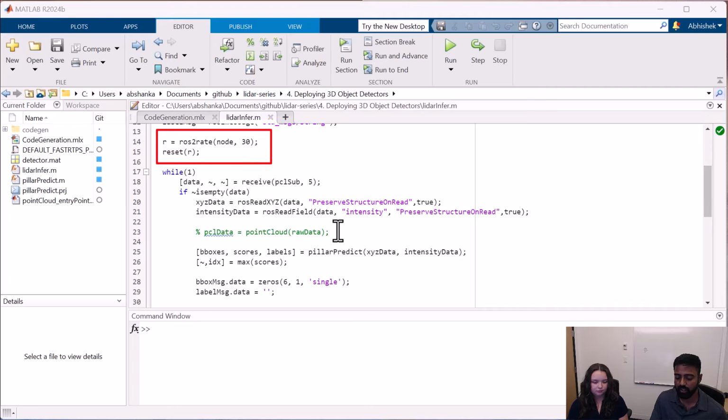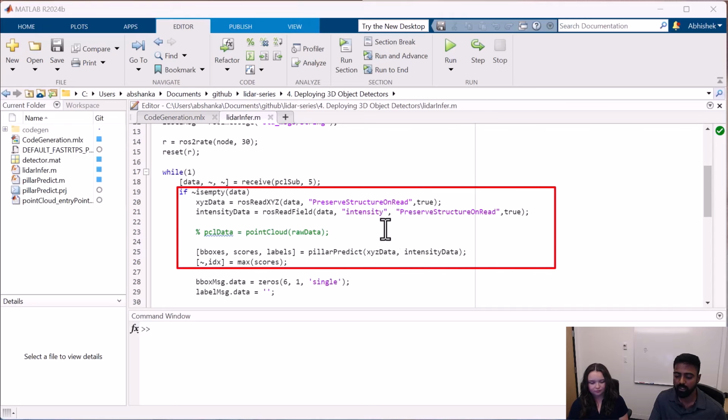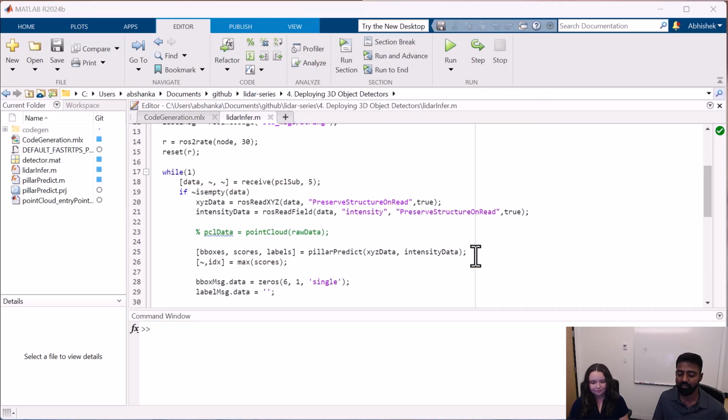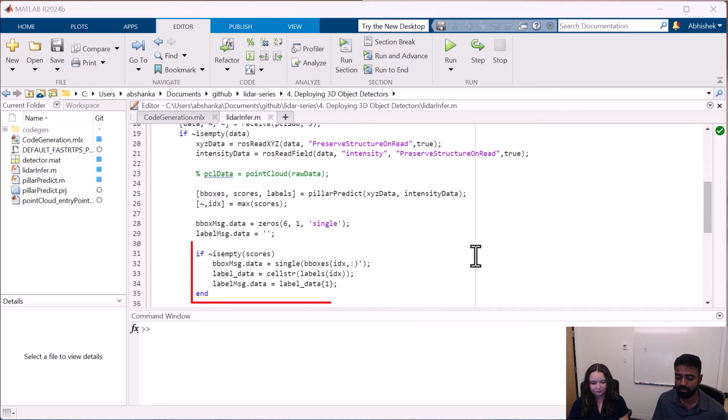And here is the main body of the node, which is a continuous while loop. So what we're doing is we're going to read the XYZ data, or the point cloud points, and then we're going to read the intensity data. And we're going to pass both of these into the pillar predict function that we had already defined before. Get out the bounding boxes, scores, and labels from the prediction. We're going to populate the variables we have already defined with these prediction results, and then publish it using the